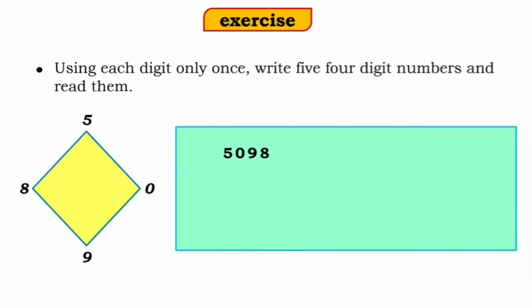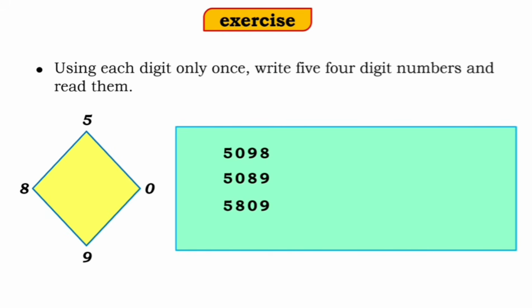5098. Now to form the next number, what will we do? Yes, we will interchange the tens place and the units place. So the next number will be 5, 0, 8 and 9. That is 5089. Now we will interchange the hundreds place and the tens place. So the number will be 5, 8, 0, 9. That is